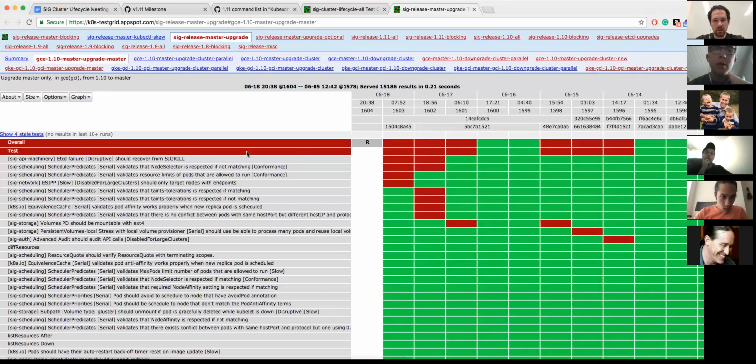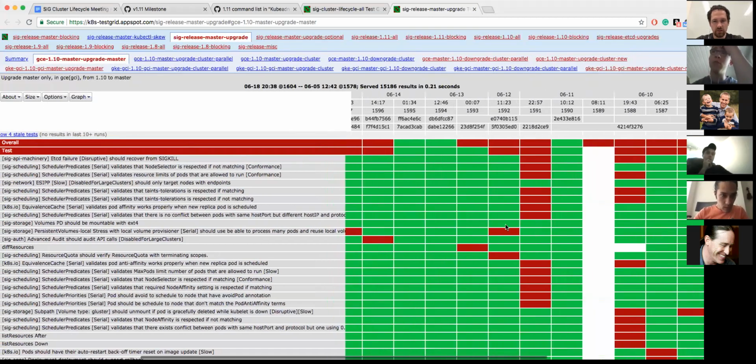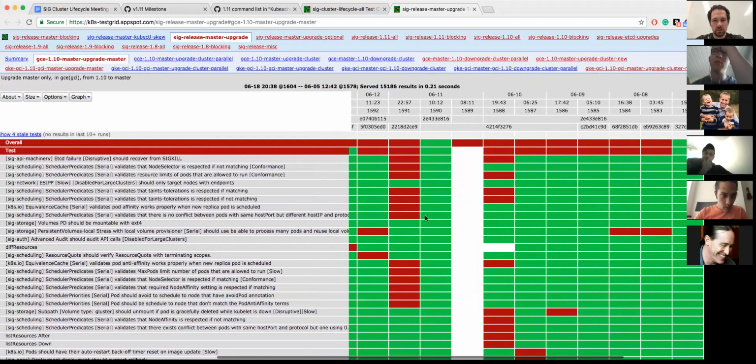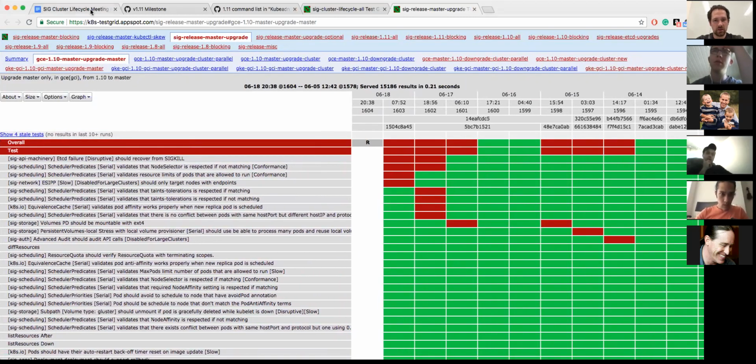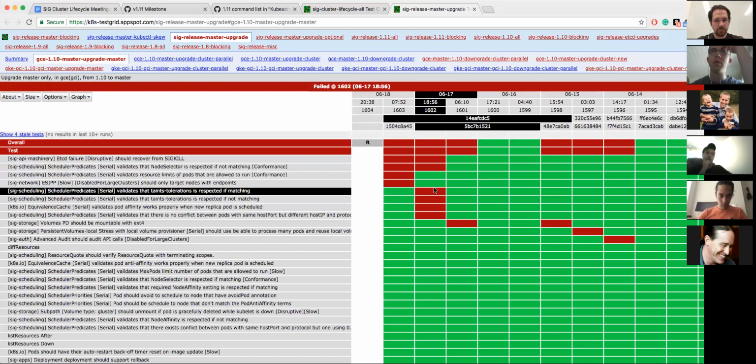I was going to say, it does seem like it's not that one test is consistently failing. We have kind of a smattering, it looks like, of different failures. Yes, you do. Yep. Okay. So it's not clear to me whether that's actually a SIG cluster lifecycle issue. Is the upgrade framework broken, or are people's tests flaky when being run during an upgrade? Well, I think there's a higher flake rate on this suite than there are on other suites.